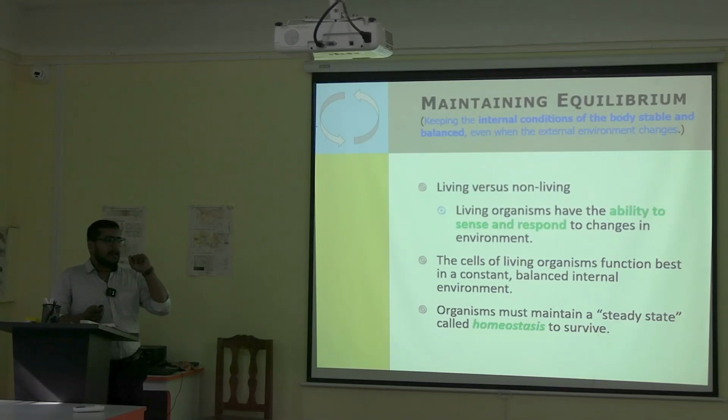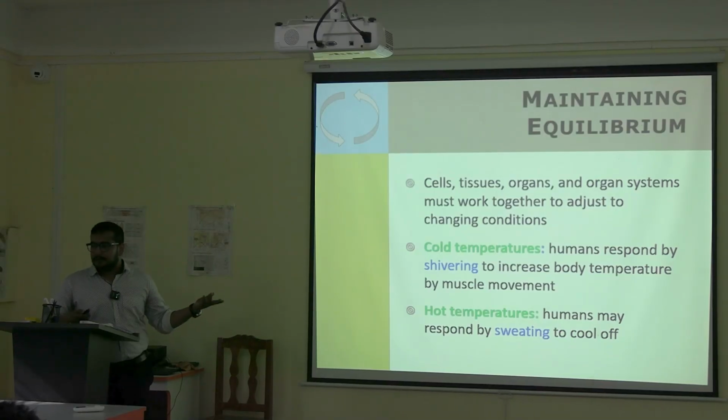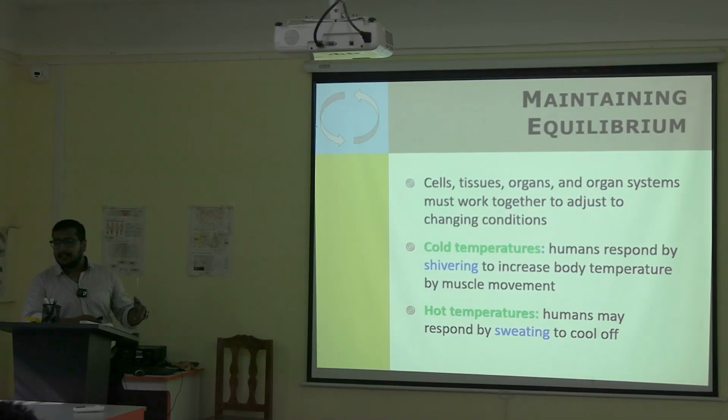All the cells and the organ systems function together to maintain that equilibrium. Just imagine in a cold environment, does anyone tell you to shiver, or does it happen spontaneously? It happens spontaneously. So why do we shiver? This is maintained by the feedback mechanism. All the muscles contract and create heat so that we can maintain the internal equilibrium. Same in a hot environment, nobody tells us to sweat it out, right? It happens spontaneously. It also acts by the feedback mechanism.